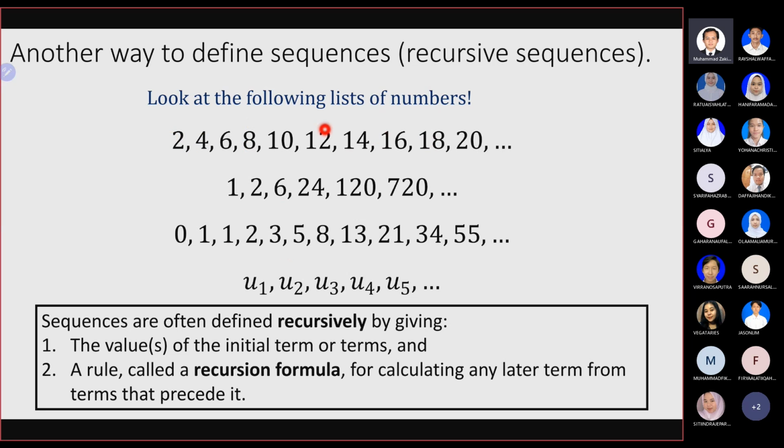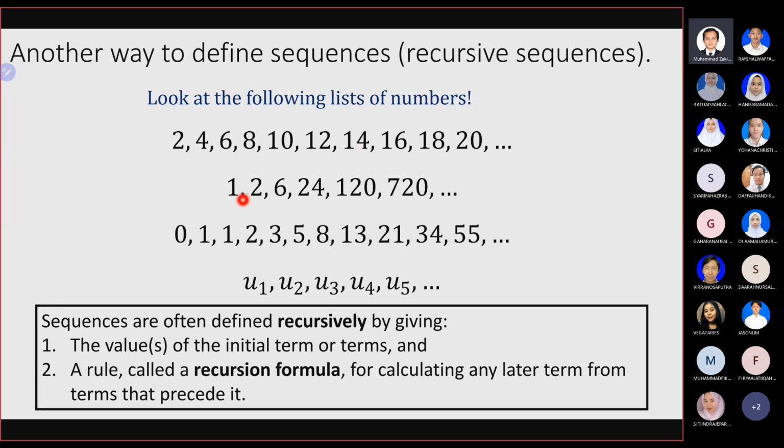Let's take a look at the first arithmetic sequence. In this case, we can write only the first term, and then the next term is always the previous term plus 2. Kalau barisan aritmatika seperti ini, kita bisa menuliskan yang pertama, kemudian suku selanjutnya adalah suku sebelumnya ditambahkan 2 dan seterusnya.